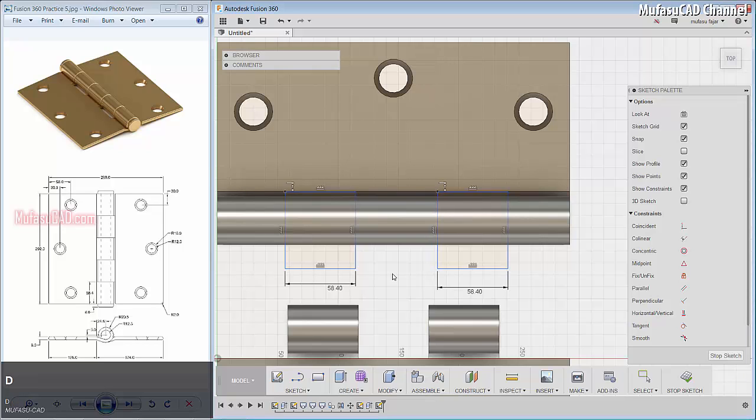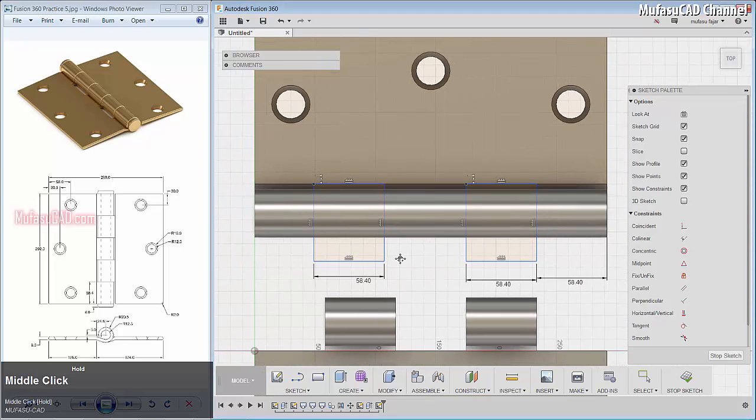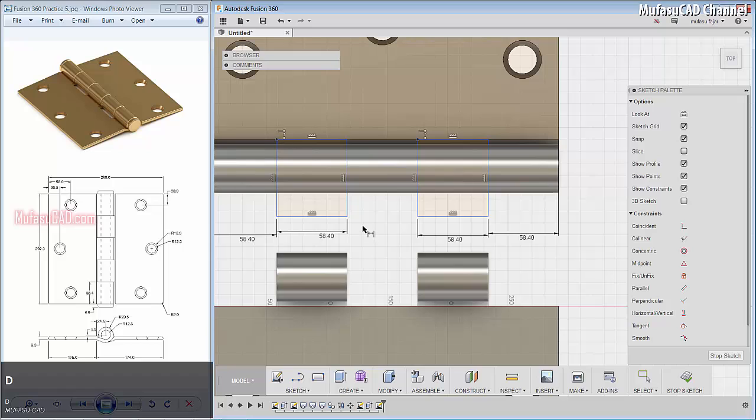Okay, and then the distance from this point to this point in here about 58.4. Enter, and then we give a dimension, the distance from this point to here, about 58.4 and enter. Okay, next I will give a dimension from here to here and enter.